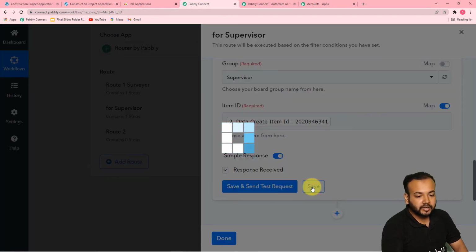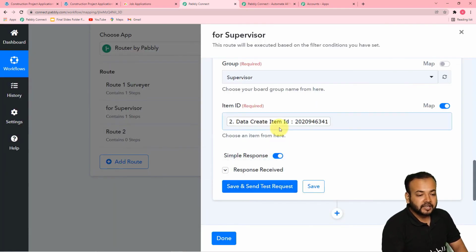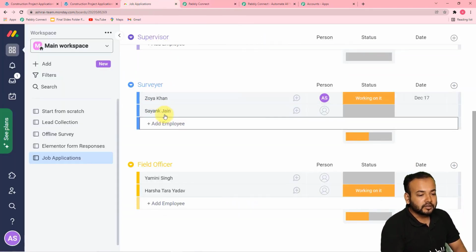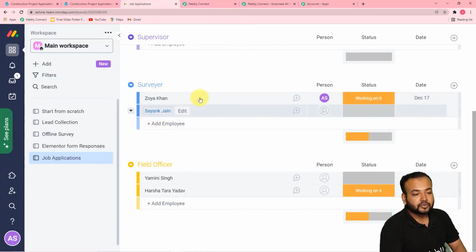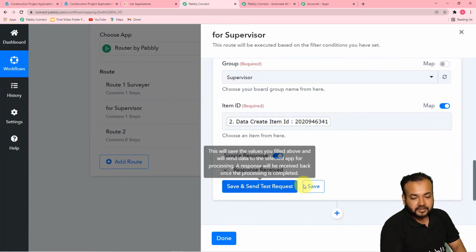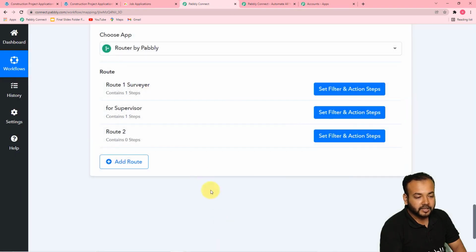You do not need to do anything, because if you click on save and send test request again, this person whom we have moved to surveyor will get moved to supervisor again. So you need not click on that button, just click on save and done. Okay, so two routes are created, and we are going to